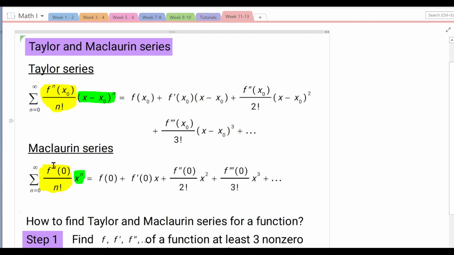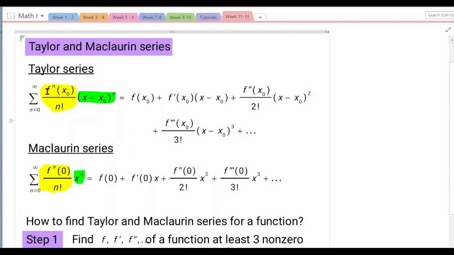The other terms highlighted in yellow are essentially the same or similar, except that in the Taylor series we need to apply x naught, which is the center of the series, into the function f to the n here, divided by n factorial. So f raised to the n, actually this is not raised to the n. This is actually a derivative. This is a little bit misleading here. It is the same n, but it's more towards a derivative.